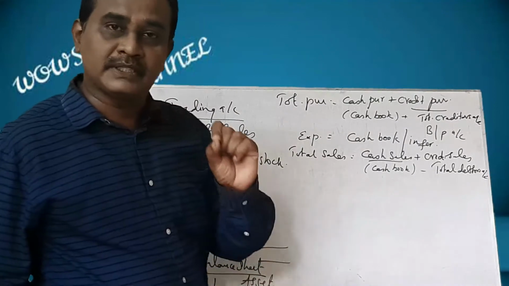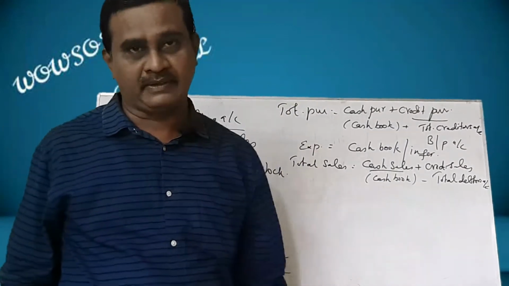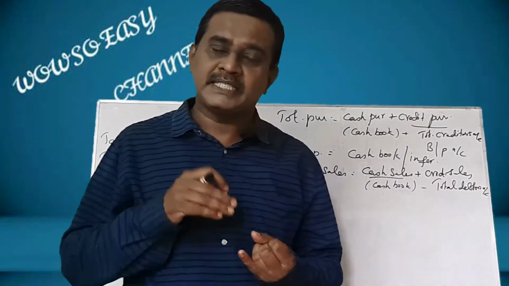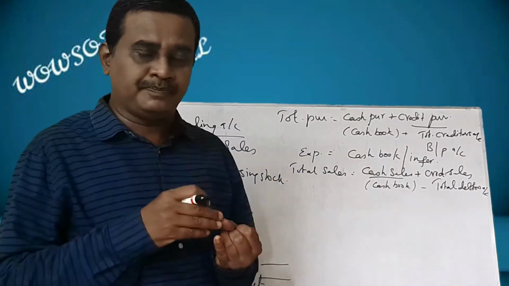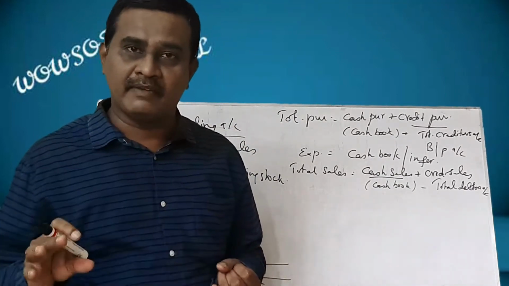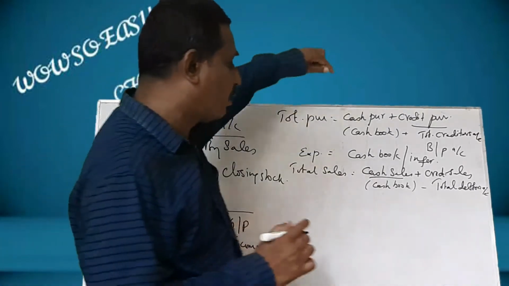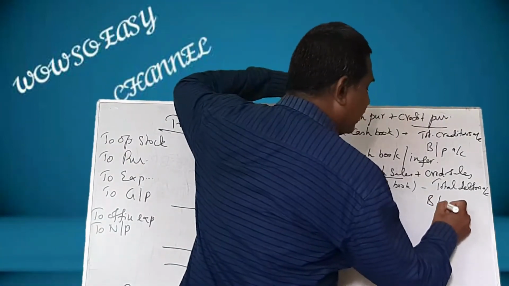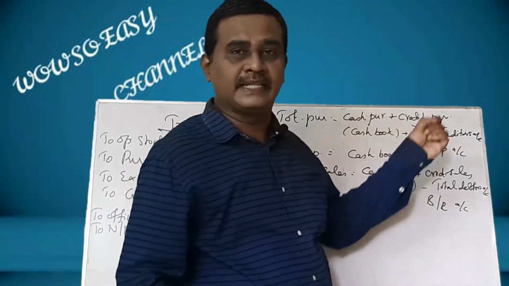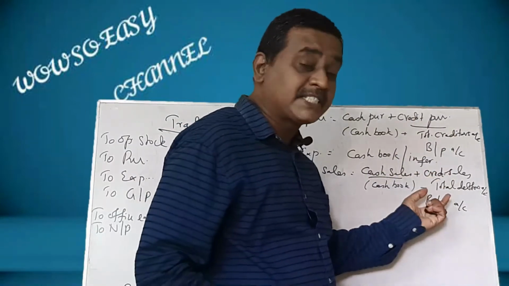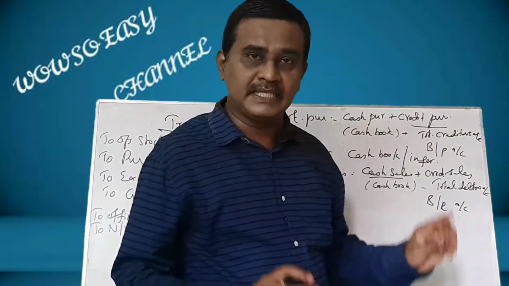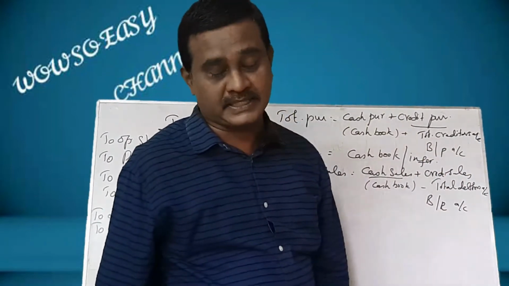Here also, you have to remember one thing. What is that? If bills receivable opening balance, bills receivable closing balance, and other items like bills received and receivable dishonored are given, you have to prepare two accounts. One is the bills receivable account, and from this account you have to take the bills received amount, and that amount should be taken to the total debtors account. In this way, you have to find out total sales.